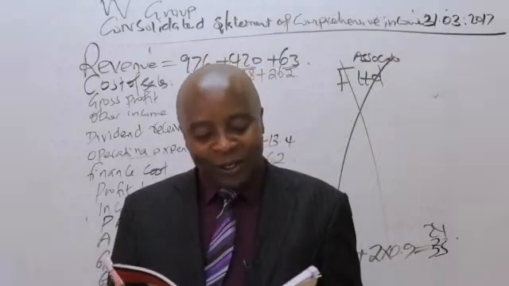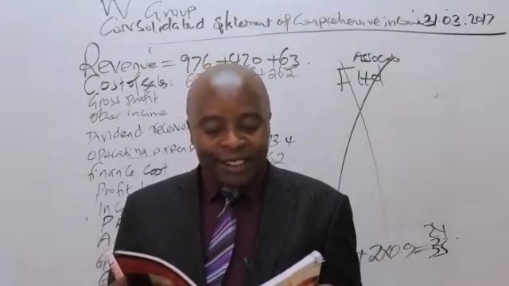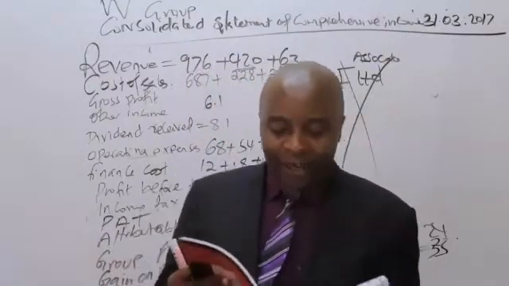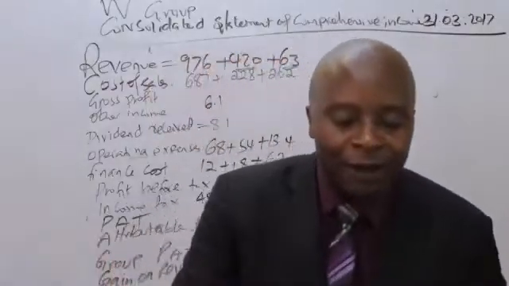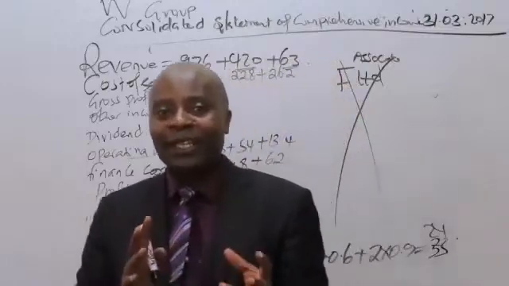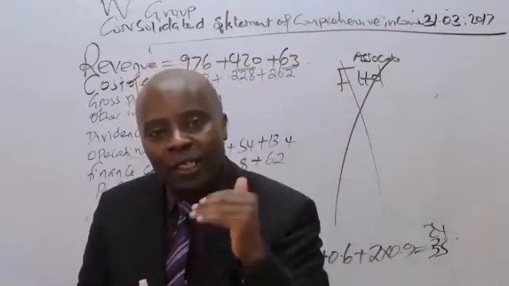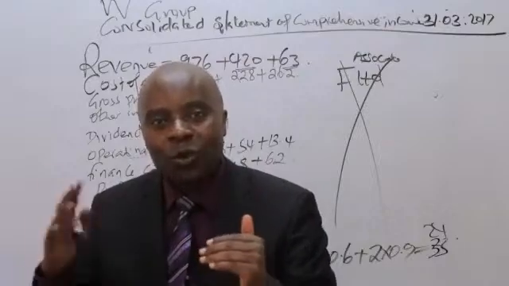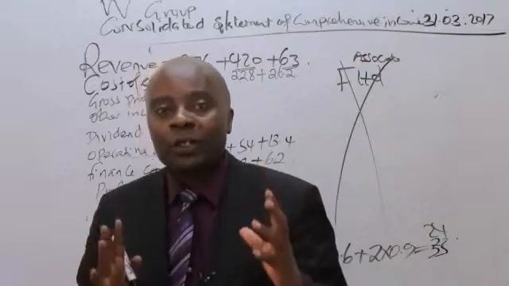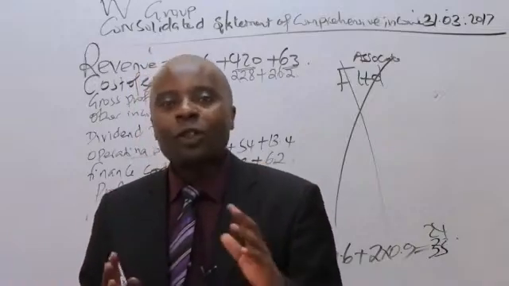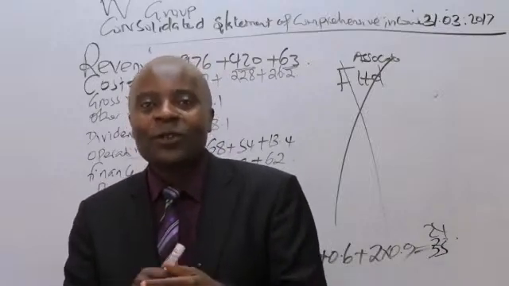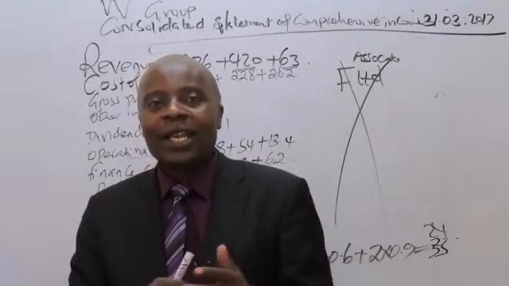But now let me go back to note number 4. During the year ended 31st March 2017, W Limited sold goods to F Limited for how much? For 15 million. Remember, W and F are in a very serious relationship. This is family. If your daughter comes to your shop, assuming you have a shop that sells very nice clothes, wanting to buy goods, for sure you cannot really sell to her. Even if you say that I made a sale of 2,000 shillings on this day, and you write it down like that,